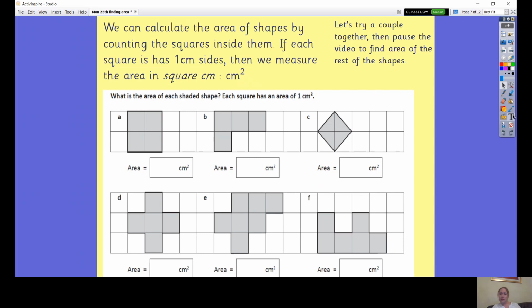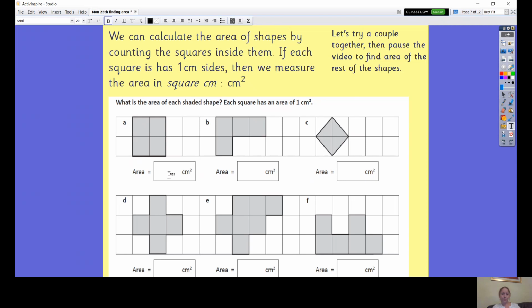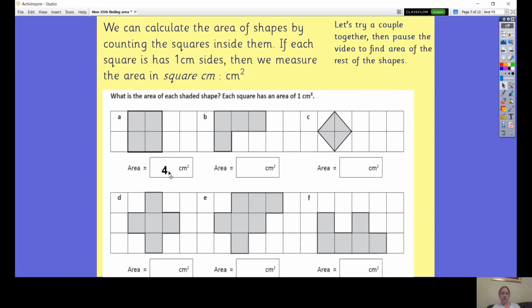So if we have a little look here, we're imagining that each edge of the square is 1 centimetre, like that, okay? So they're centimetre squares. So we've got 1 centimetre square, 2 centimetres square, 3 square centimetres, and 4 square centimetres. So the answer to that one, the area is 4 centimetres squared,